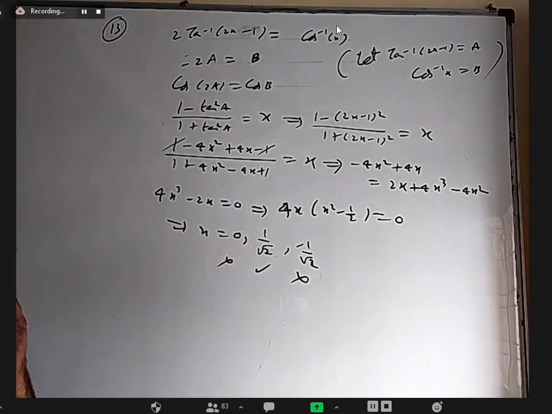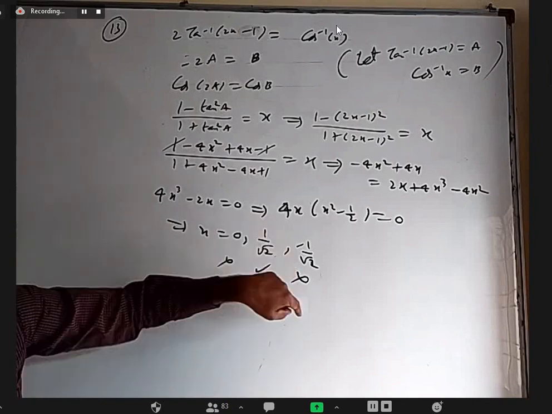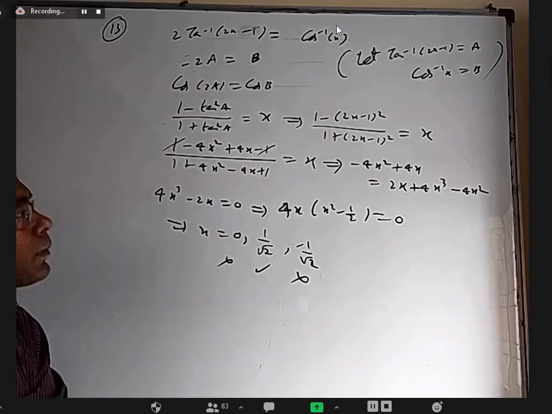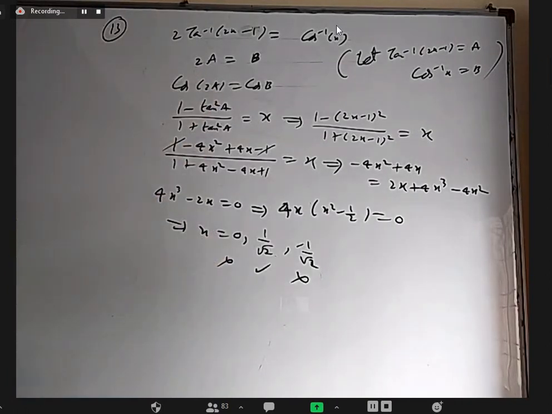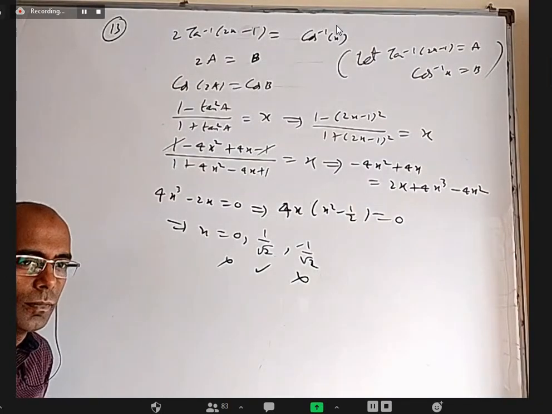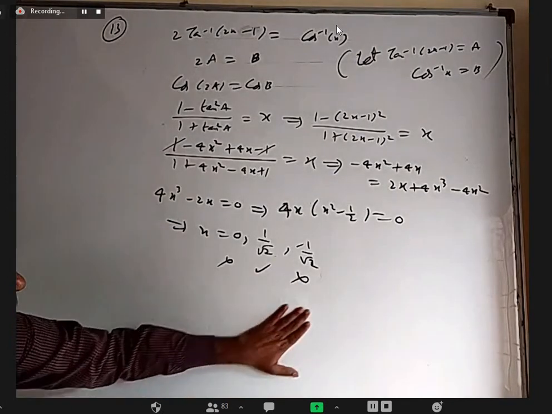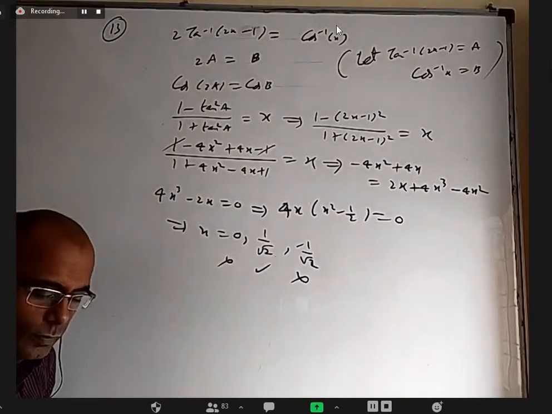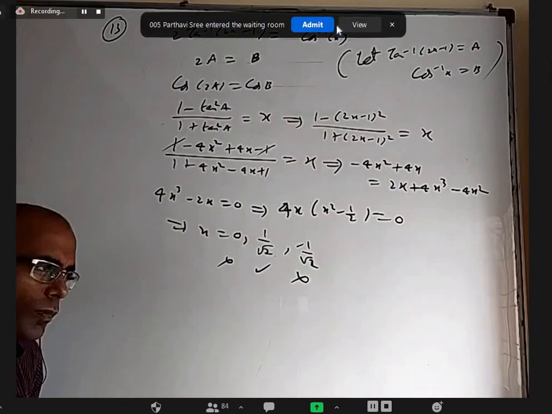Minus 1 by root 2, when is that the solution? This is 135. So 0 and minus 1 by root 2 both are solutions for this, putting minus here. Okay. And when it is as it is, only 1 by root 2 is the solution. We did not get any more solutions, but yeah, I think we can make up a nice matching question. That will be a good one.